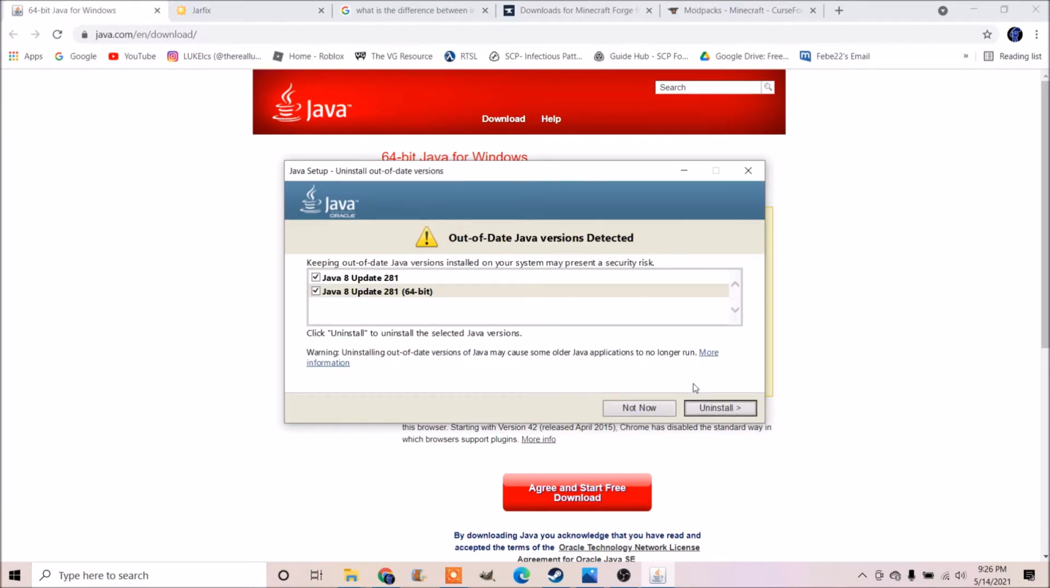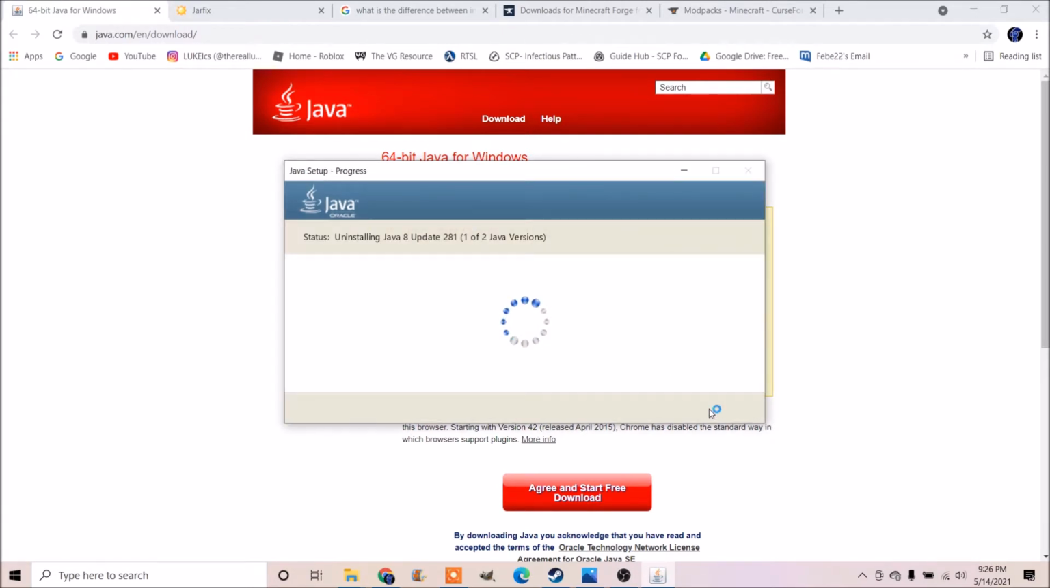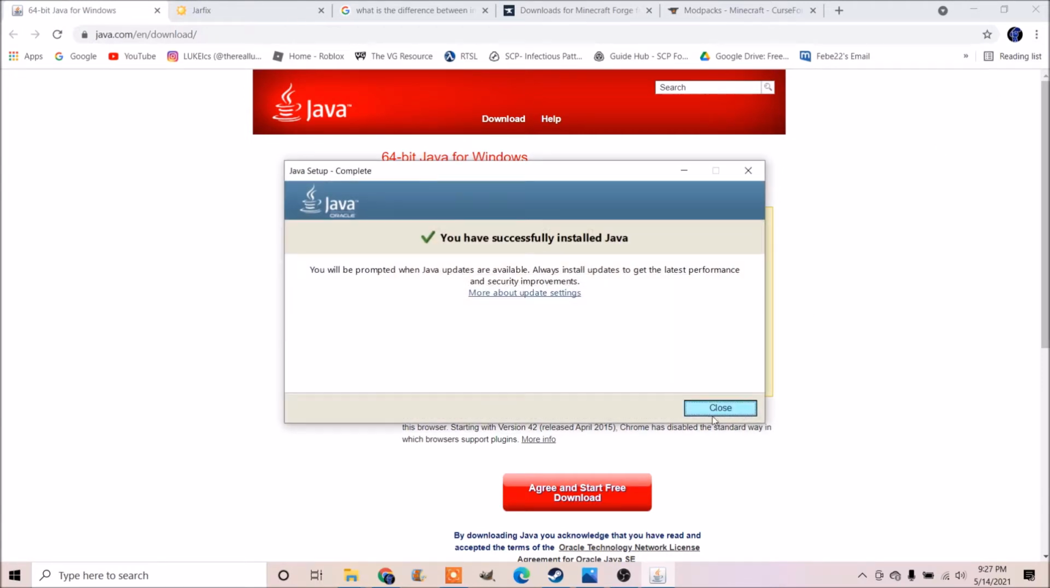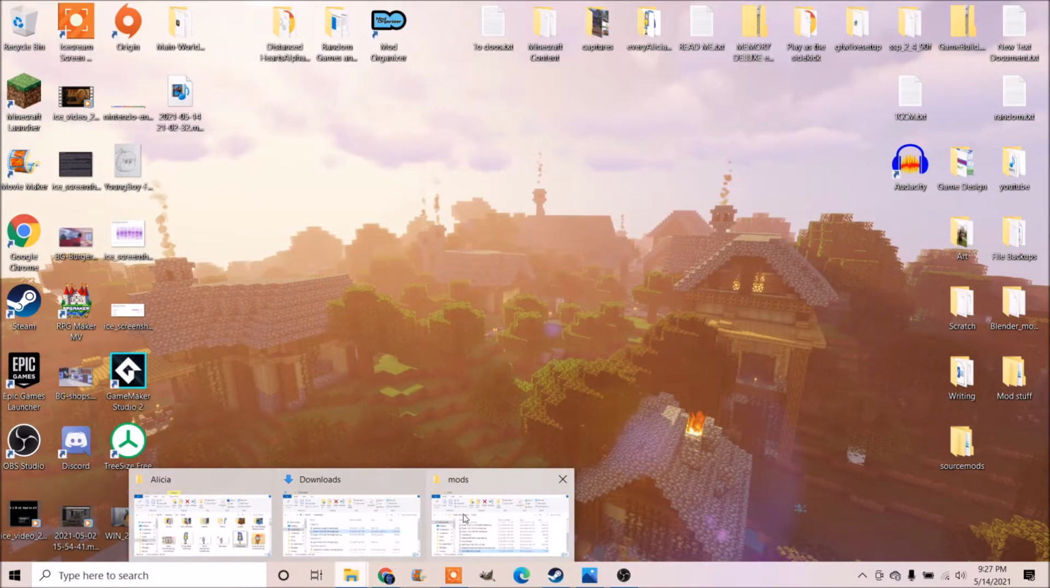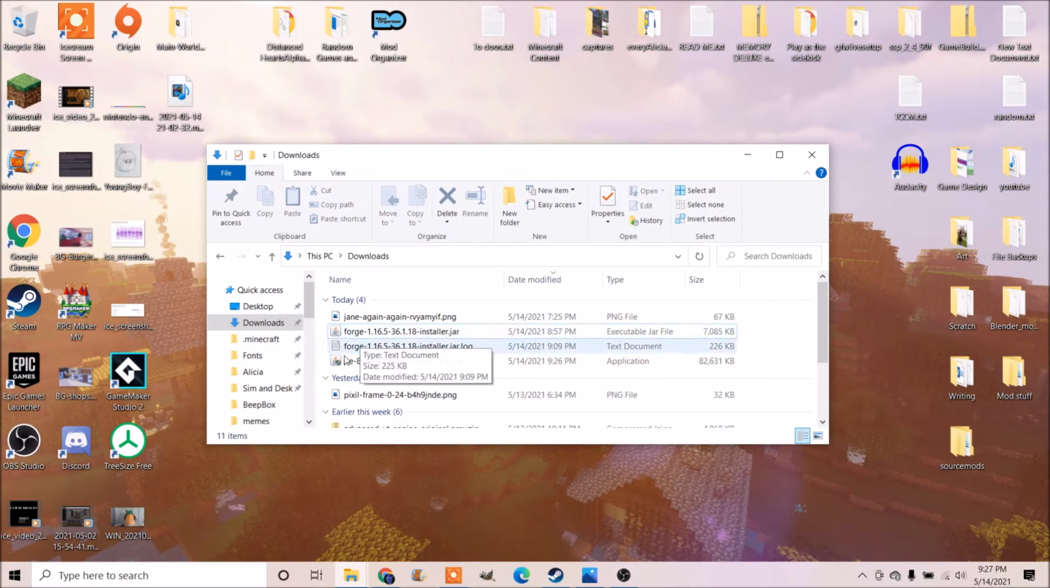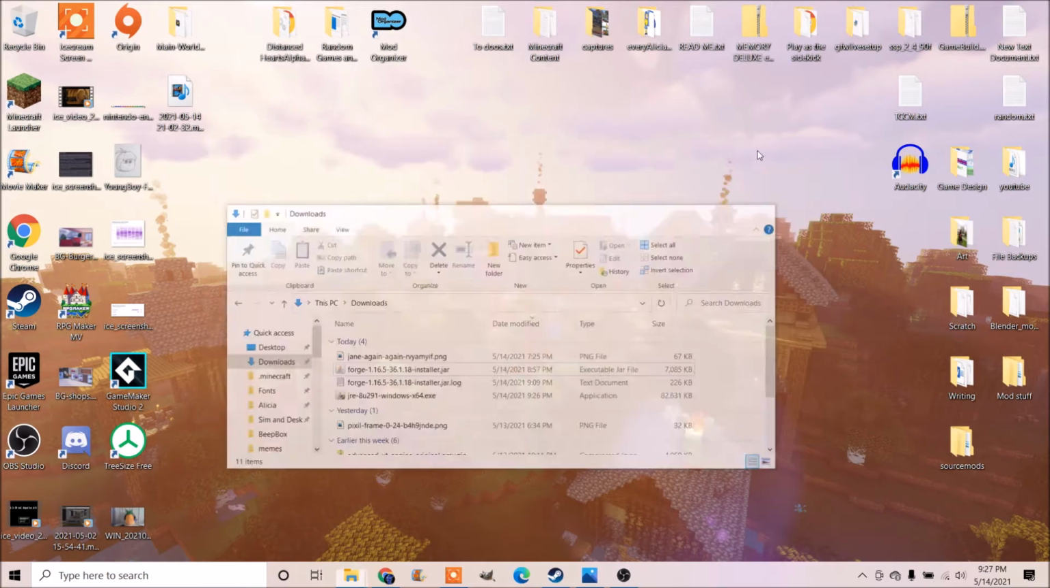Out-of-date Java versions detected. Yeah, you can uninstall them. If you have out-of-date Java versions, you can probably just uninstall them without being concerned. It's probably fine. And you have successfully installed Java. Good. Now, if for whatever reason the jar is still not working, then the other thing you're going to want to do is